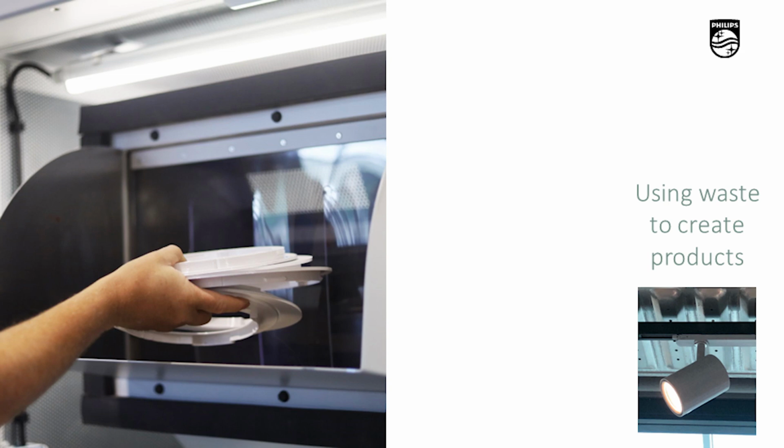On the bottom right, some of you might now think, hey, why is he showing this very small image of a gray track spot? Well, I like to highlight that. There's two things I need to mention about that little gray spot. We always have the ambition and will strive for full circularity. One of the items that comes to mind when you talk about full circularity is not just everything I mentioned, but is at the end of life, if a customer would decide to no longer use the luminaire, to claim it back, and not just claim it back to disassemble it and put all the components in the appropriate waste stream to be